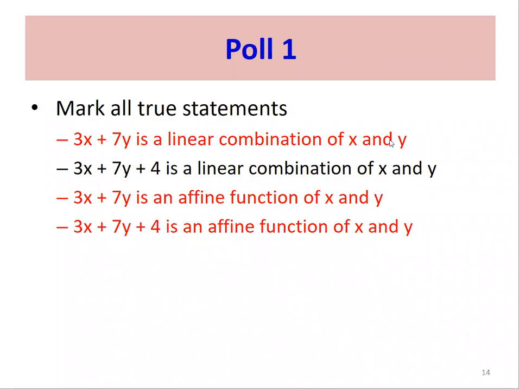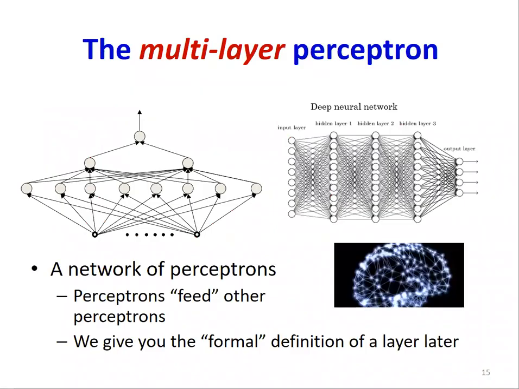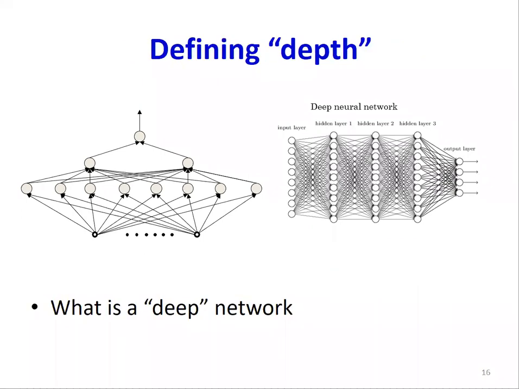Nope. Okay, so we're going to jump into the subject for today. We also saw that for this entire model to work, we need a network of such units, perceptrons, what we called a multi-layer perceptron, where perceptrons compute outputs that go into other perceptrons. The course itself is based on the concept of deep learning. And the fundamental concept behind deep learning is the notion of a deep neural network. So what does it mean for a network to be deep?